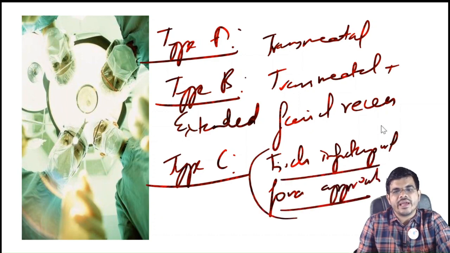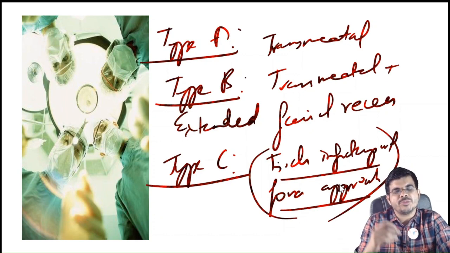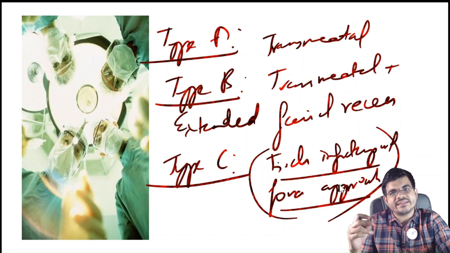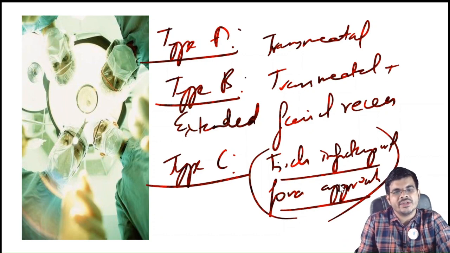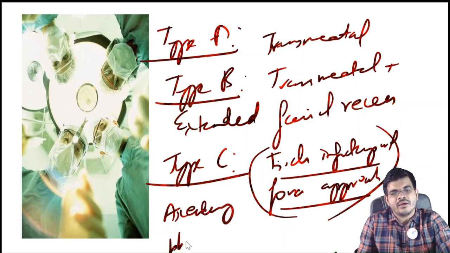Okay, type C tumor, you have to do a fish infratemporal fossa approach. Now, if the tumor is large, as in type C or type B, you can actually go for a preoperative embolization. Now, what is being embolized? It is the ascending pharyngeal artery that is embolized. Ascending pharyngeal artery is the artery which is supplying the